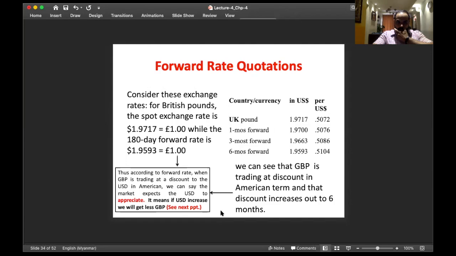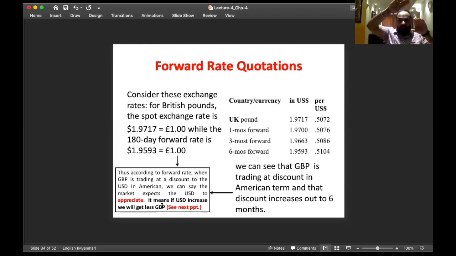Now, according to the forward rate, when the pound is trading at a discount, meaning lower than the spot price, against the USD in America, we can say the market expects the USD to appreciate. If the USD appreciates, we will get less GBP, which means we will make more profit. I repeat, compared to USD, if the British pound is trading at a discount,